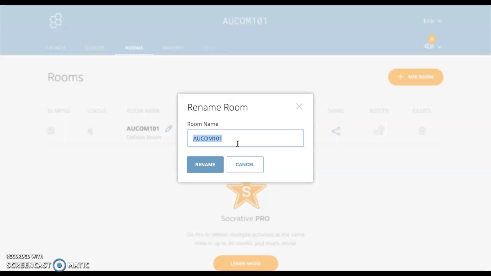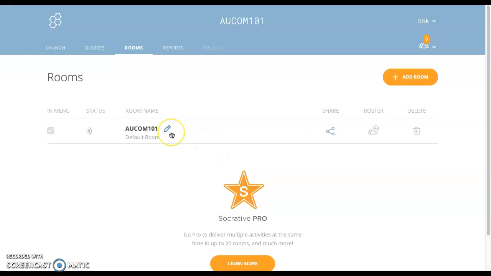For instance, I teach at Ashland University. I teach a COM 101 course. So this course right here, the room name is AU COM 101. Very simple. Of course, it's not available because I'm already using it, but that is a very simple and easy technique that you can use to have your students be able to log in and try to keep it consistent